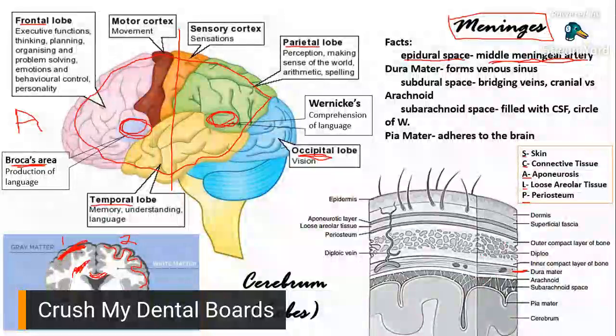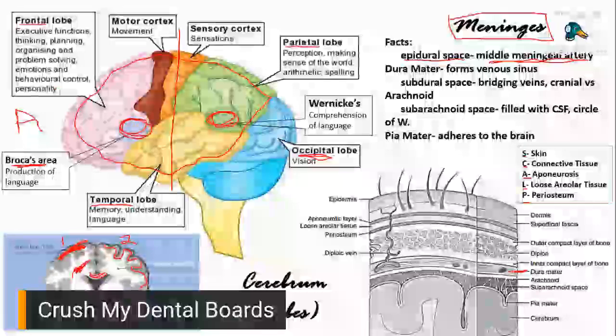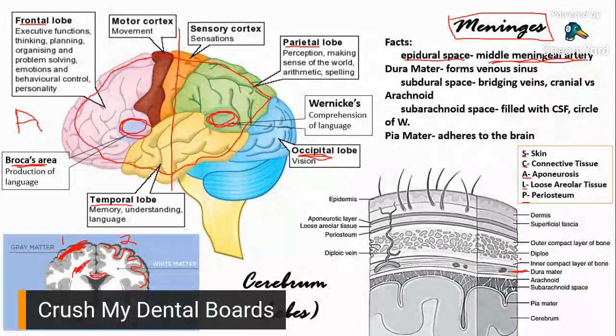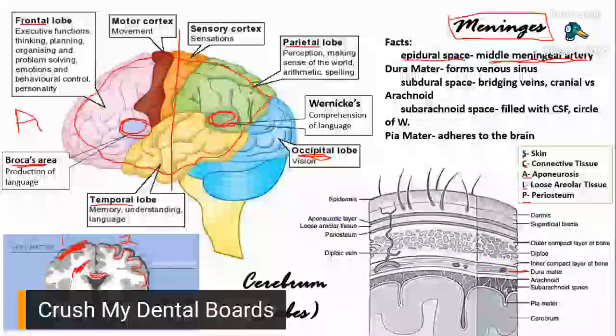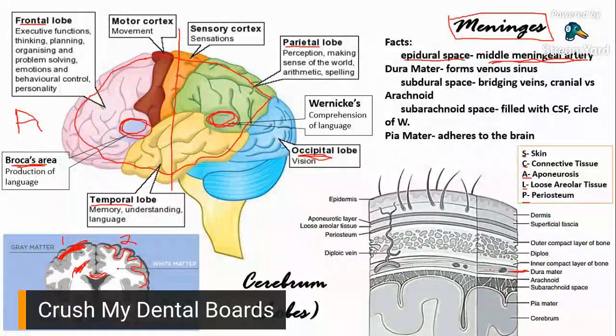Okay. Now, in this area of the dura mater, right here, you'll see your venous sinuses. Okay, remember I said before, sinuses are spaces. They're not exactly blood vessels, but they're spaces where blood can pass through. Okay, so dura mater, it forms your venous sinuses.